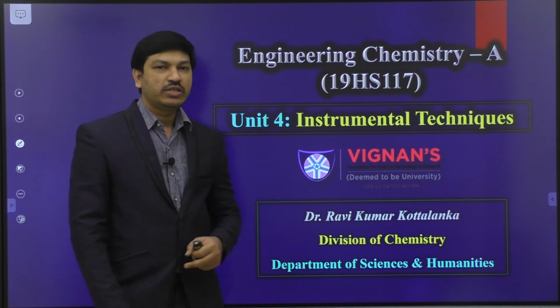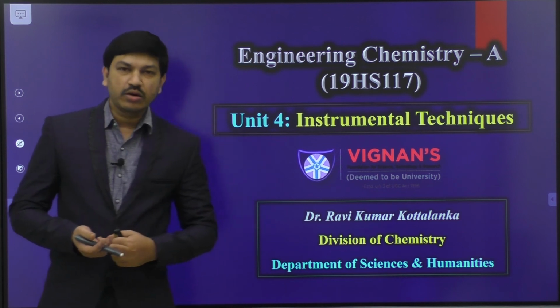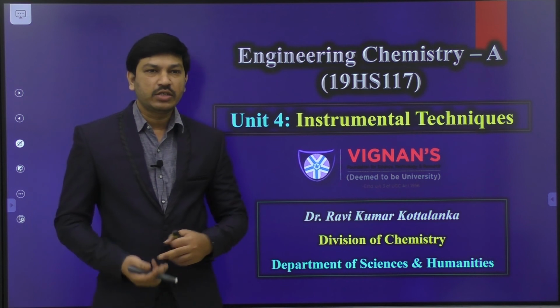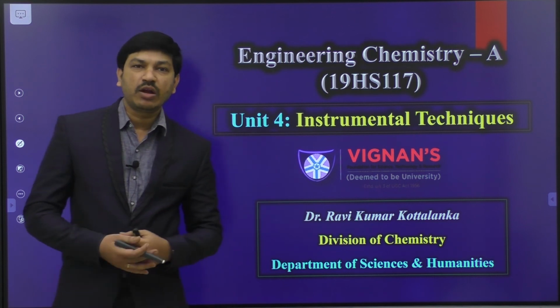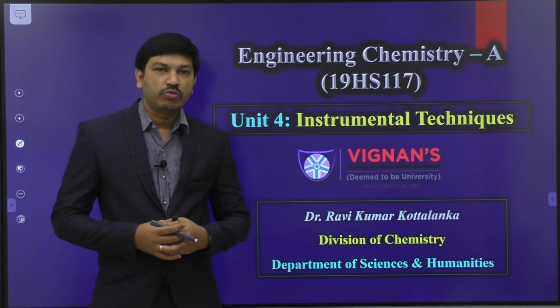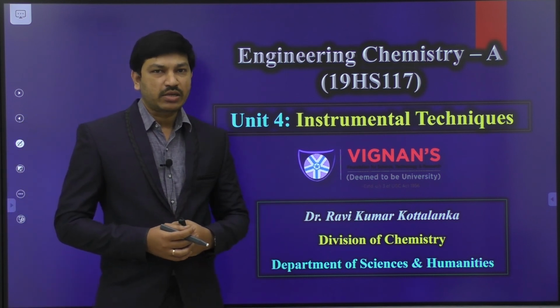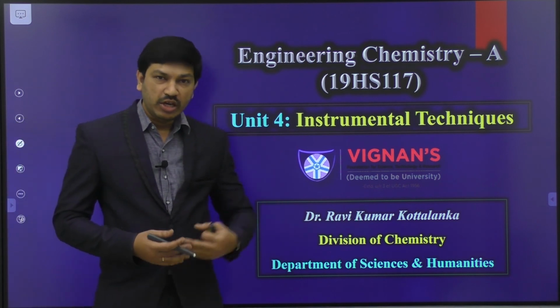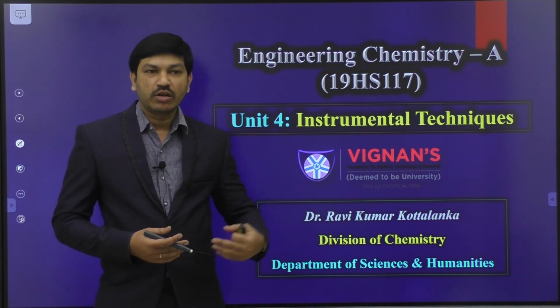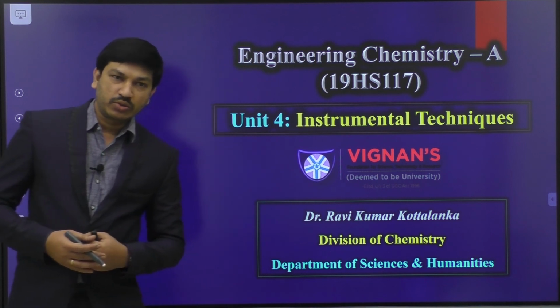So in our last two sessions we discussed what the different possible electronic transitions are in various organic molecules, and we have also seen the main principle of UV-visible spectroscopy, that is nothing but Beer-Lambert's law. What is Beer-Lambert's law? How to derive the Beer-Lambert's law equation. After that we also discussed the limitations of Beer-Lambert's law.